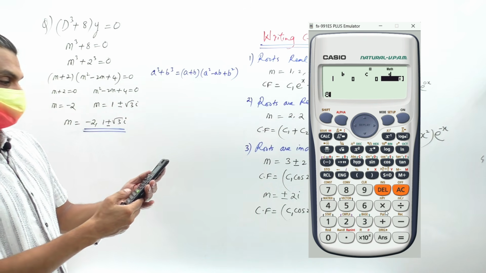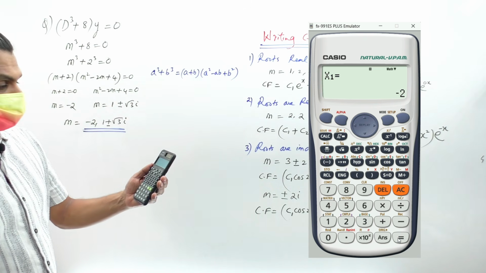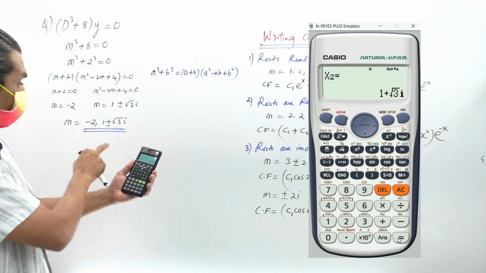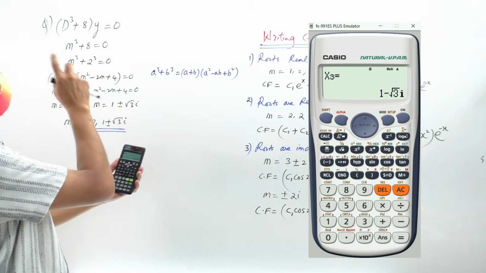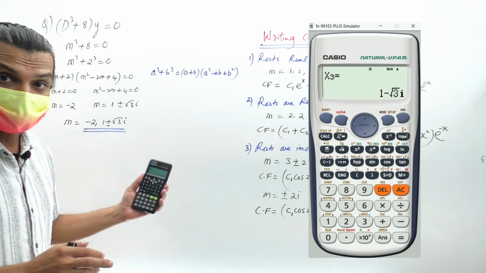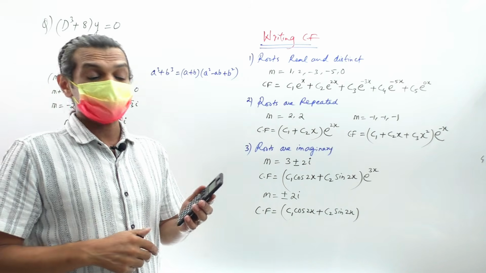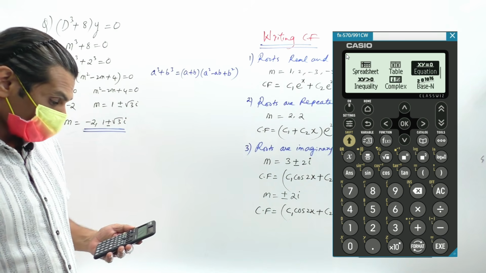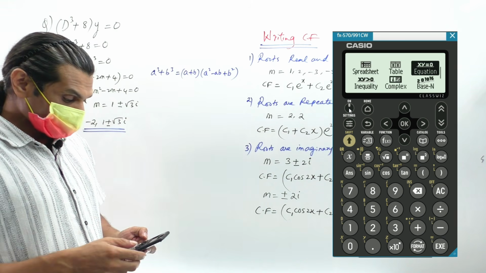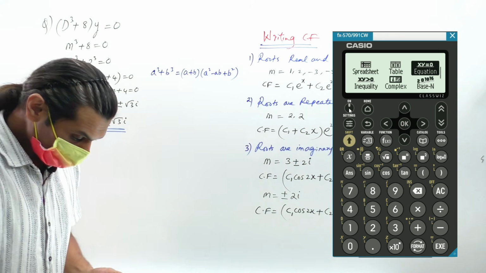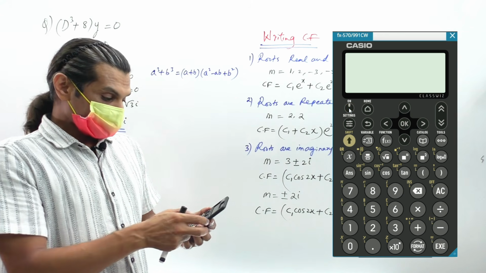The solution is coming as minus 2, which you got here, and again 1 plus root 3i and 1 minus root 3i, that is 1 plus or minus root 3i. Now using the fx-991 CW, many students have it now, that is the recent syllabus, they are using this calculator. Again the same stuff,